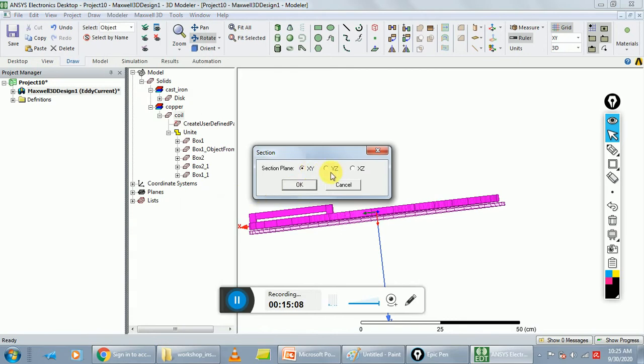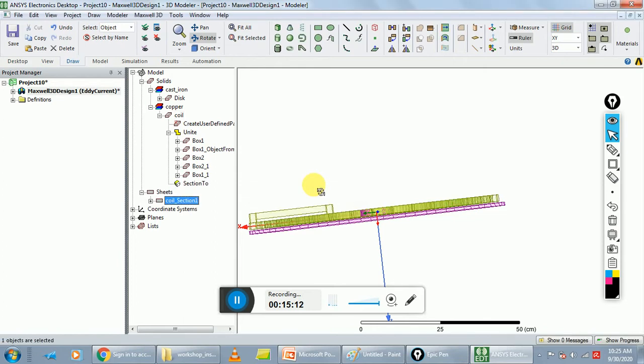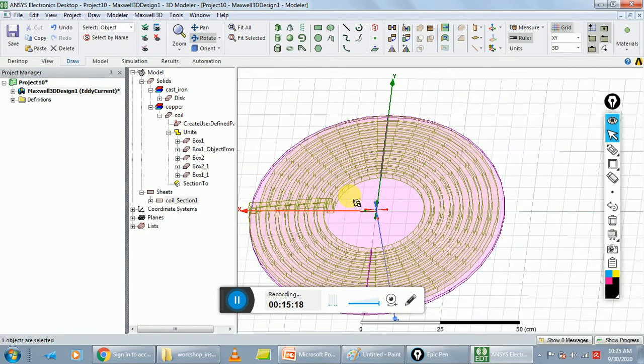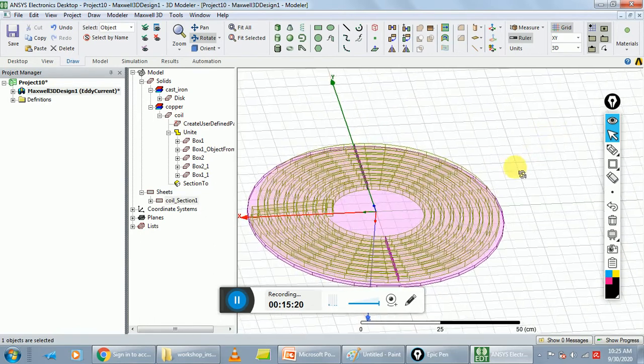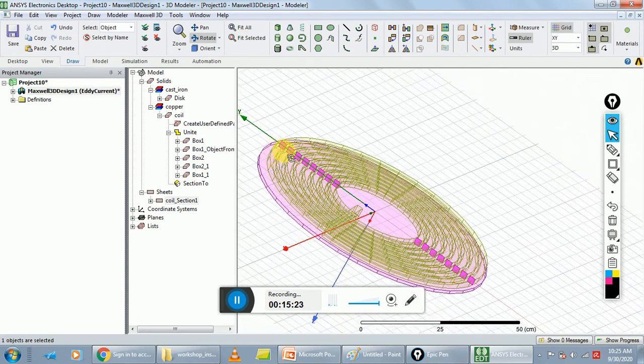Select here YZ and press OK. Okay, this is your coil section.